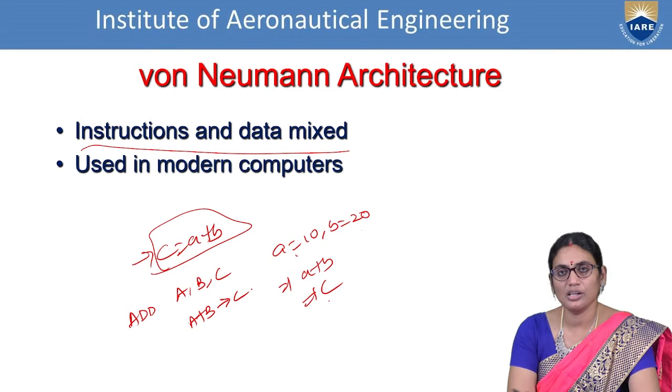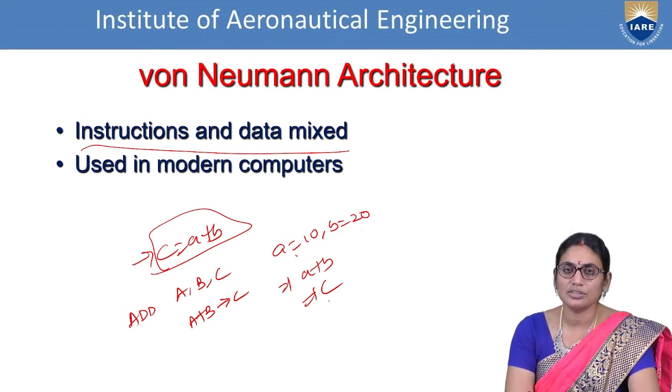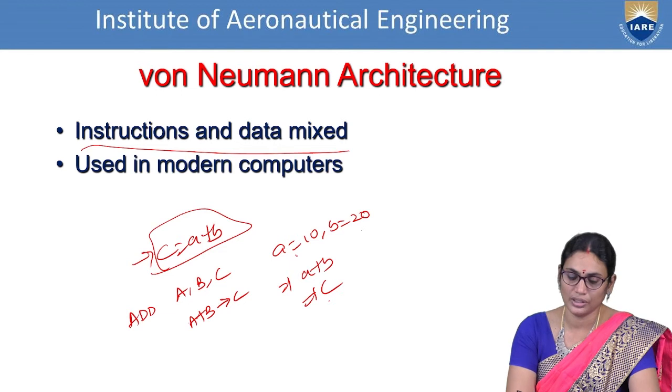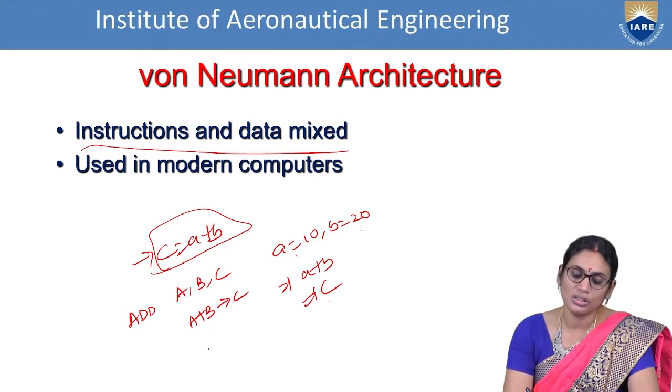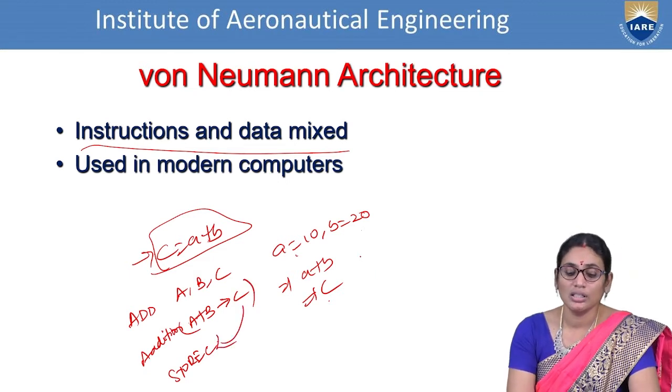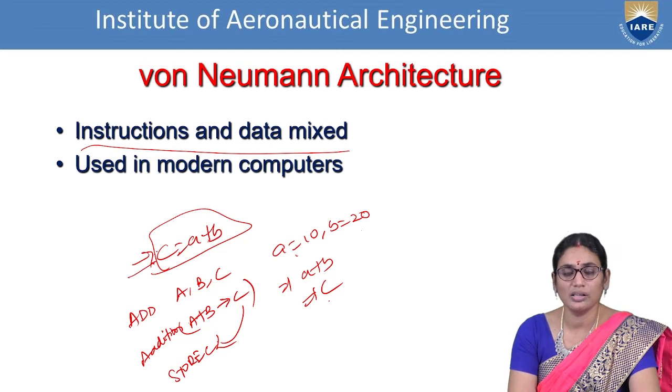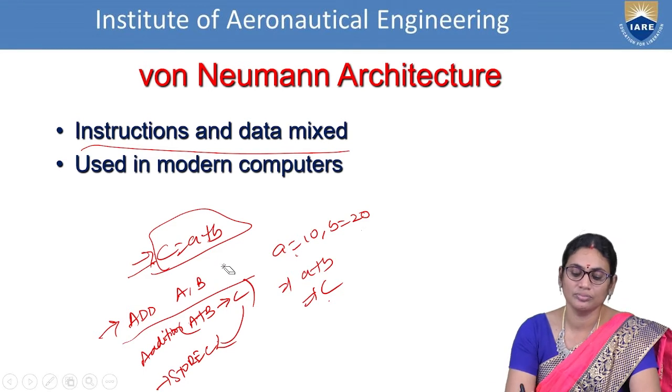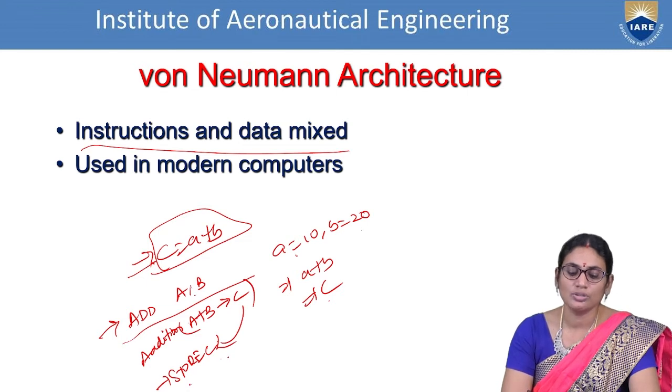So the notations can be in a reverse order. We are not bothered about notation. We are just concentrating on how it is exactly operated. So the result will be stored in C. So store C. This is performing addition and storing the result in C. The instruction we have given is only a single line instruction, but internally it is classified into two instructions. The first one is addition of two numbers and the second is storing the result in C. Or else we can rewrite this like this: addition of two numbers, store the result in C. So store C. Okay, so two instructions are there.